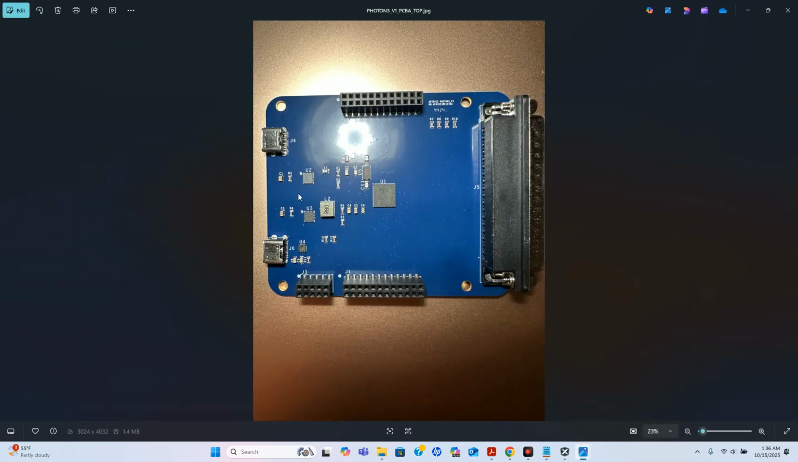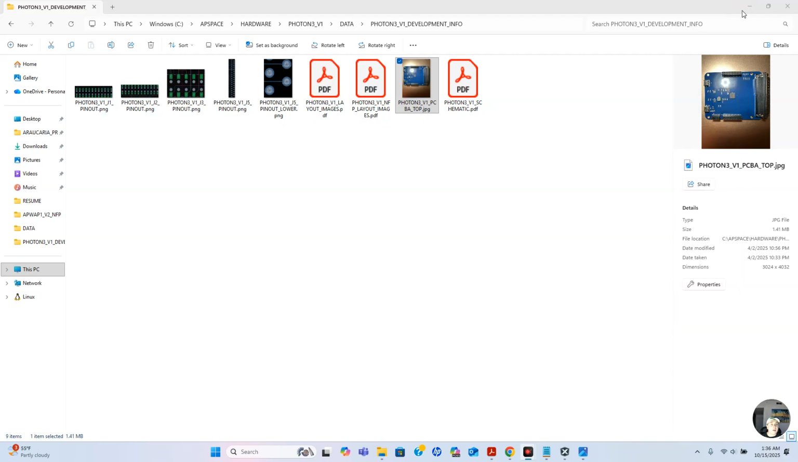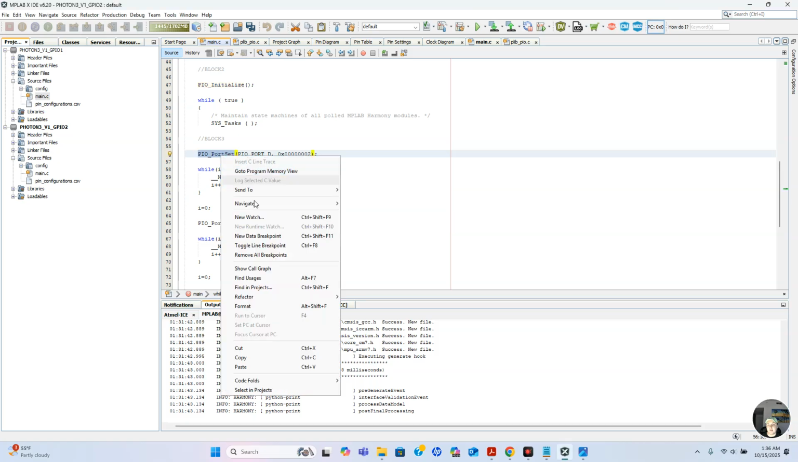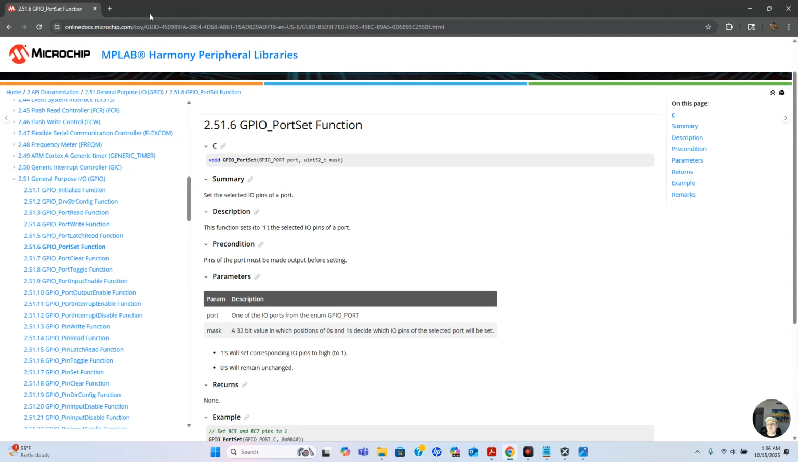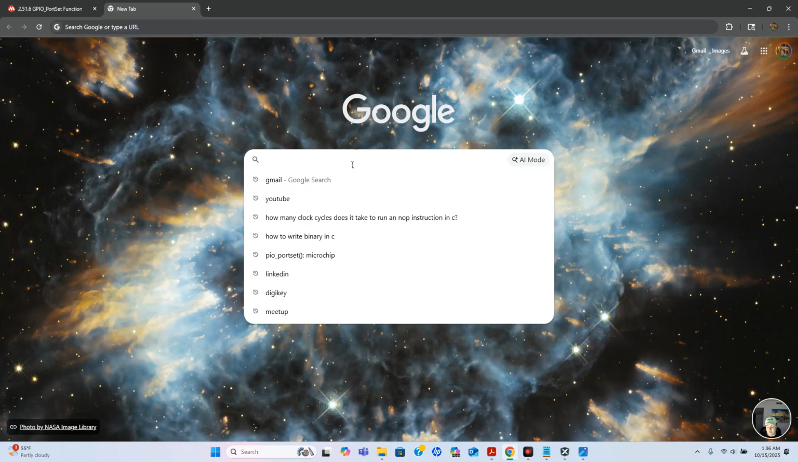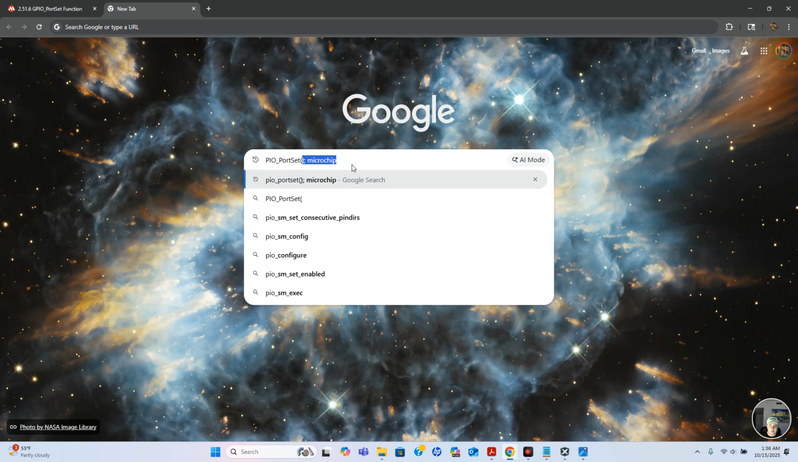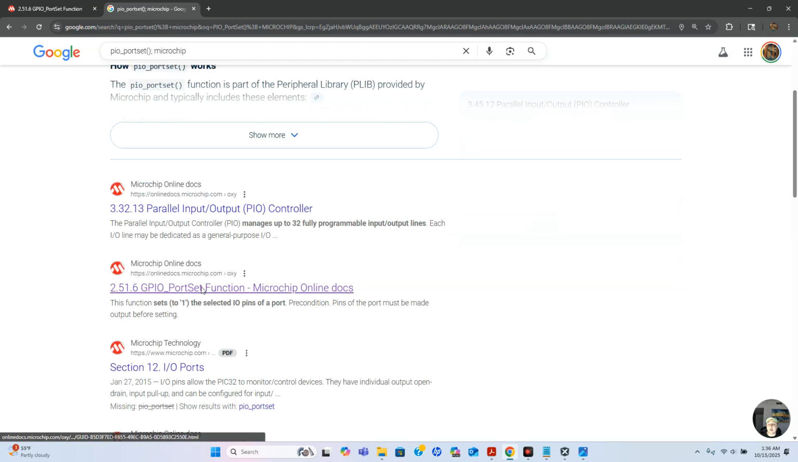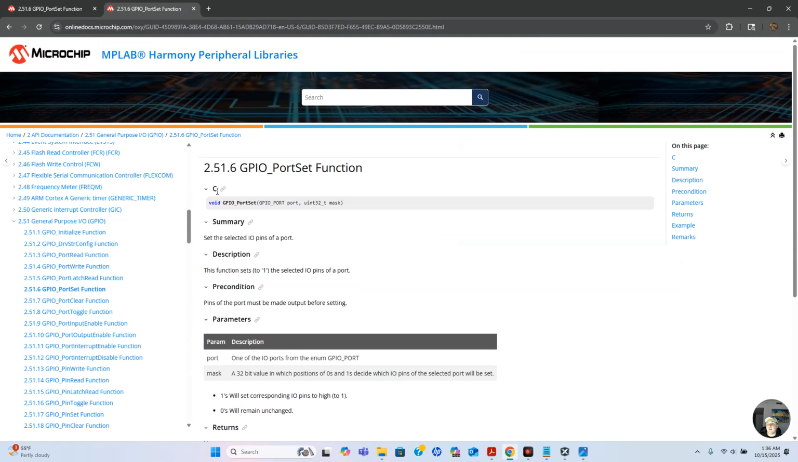Once more, this is the controller. We're plugged into these pins here to the LED. And if you want to understand the function, what we can also do is go here and copy this, go to the internet, and copy and paste the function and simply type microchip GPIO port set,